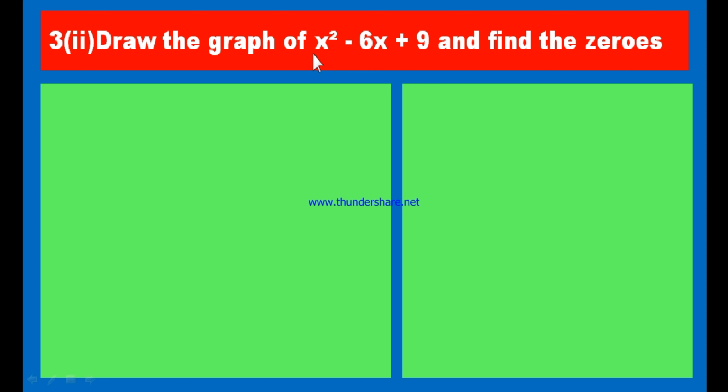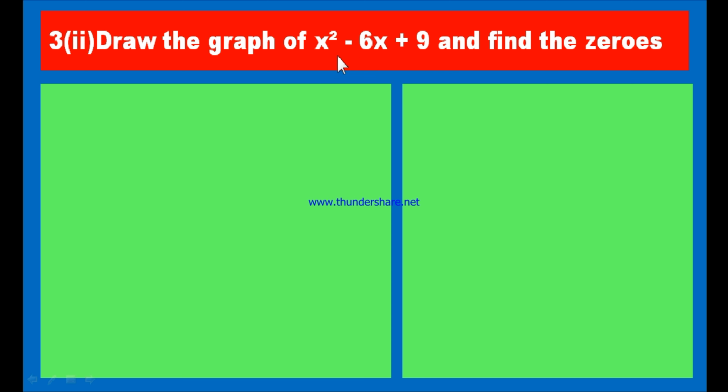Dear children, if this is a quadratic polynomial, then how many zeros can you find? Good, you can find at most 2 zeros. At most means maximum. You can find maximum 2 zeros. There may be 1 zero also. And there are some quadratic polynomials where there are no real zeros. For any quadratic polynomial, there should not be 3 zeros. The number of zeros is at most 2.